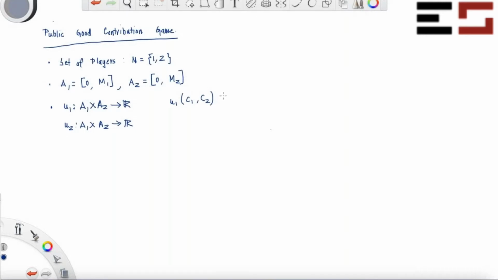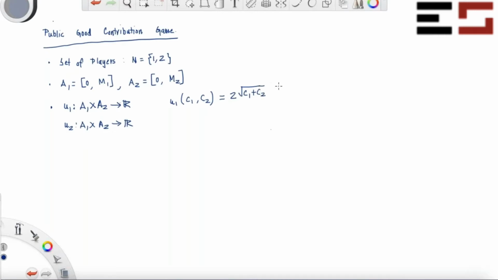Let's assume that if player 1 contributes c1 and player 2 contributes c2, the total contribution is c1 plus c2, and with that total contribution we are going to buy some amount of public good. Let us say the utility to the individual is 2 square root of c1 plus c2,